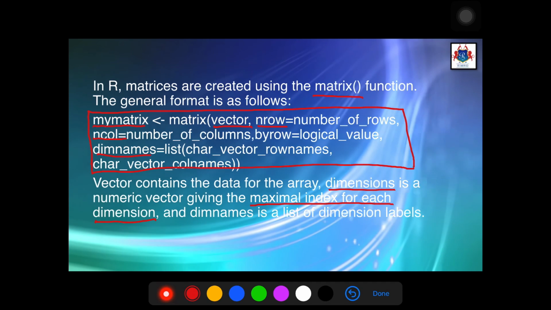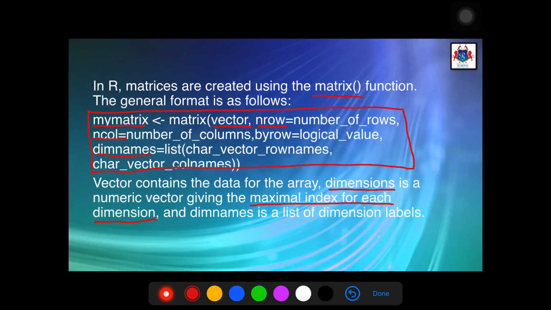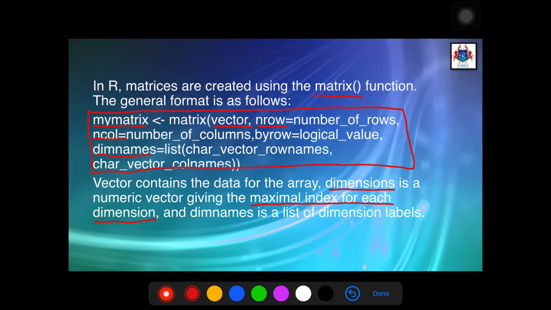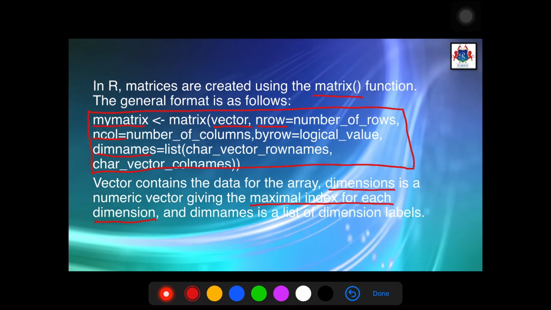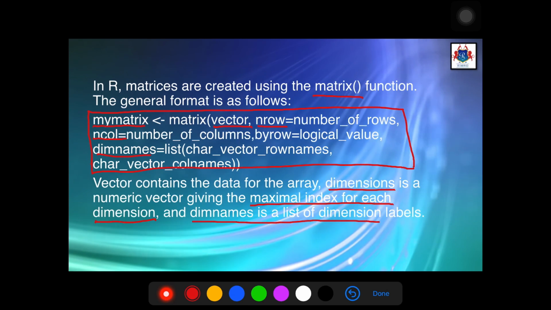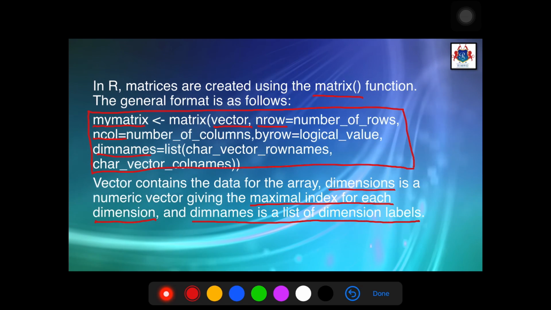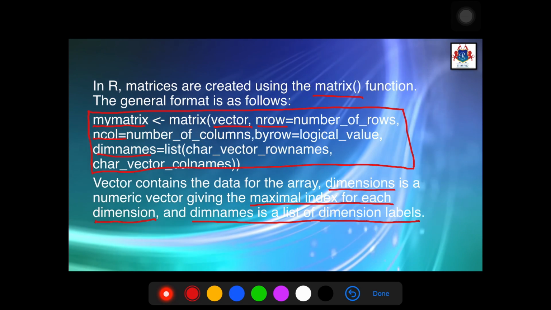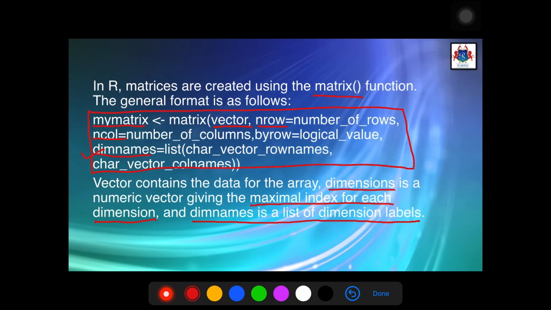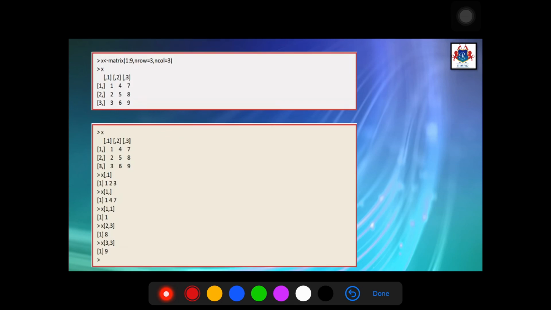Whether it is 2 by 3, 3 by 2, 2 by 3 by 2 and so on, we have to list the dimensions here, and the names of the dimensions, like x, y, z, p, q, r. Whatever label we give to the dimension is denoted by the keyword dimnames. So this is the syntax for creation of a matrix.